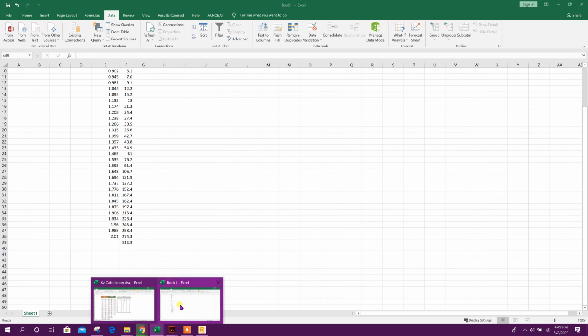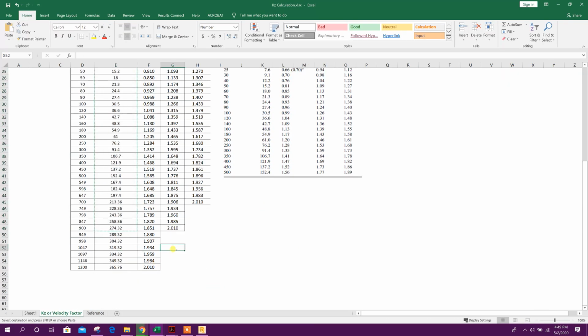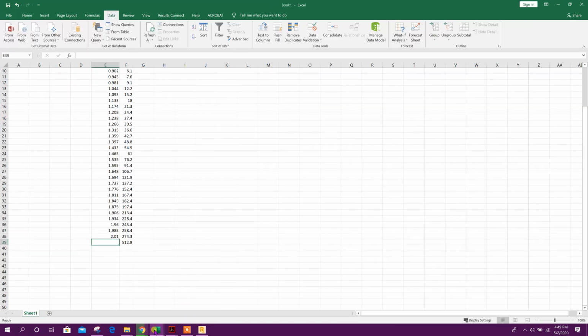Here you can check how much it is coming for 512. For example, if I provide 512.8 meter, it will change to 2.293. So here I'll provide that one, 2.293.